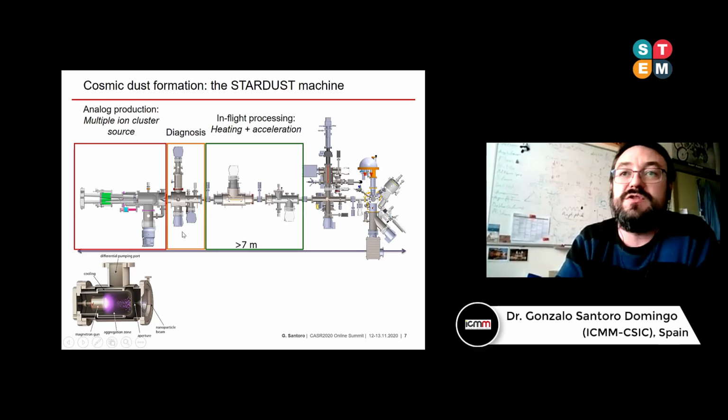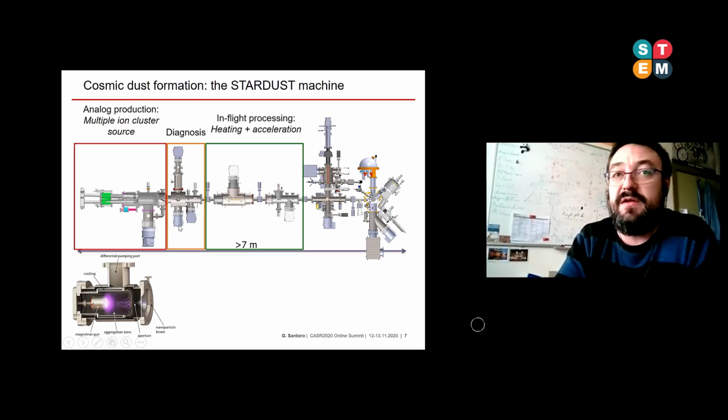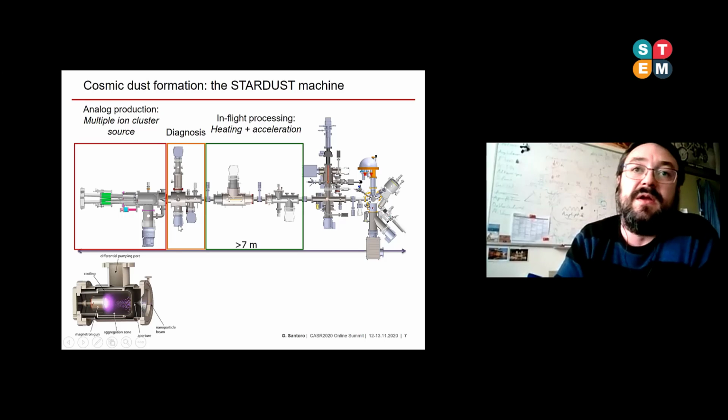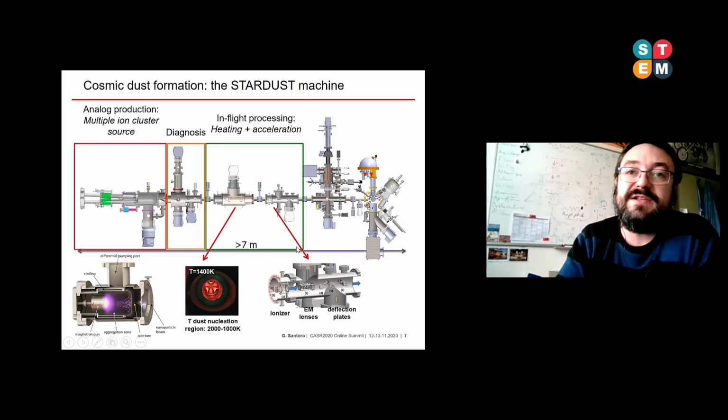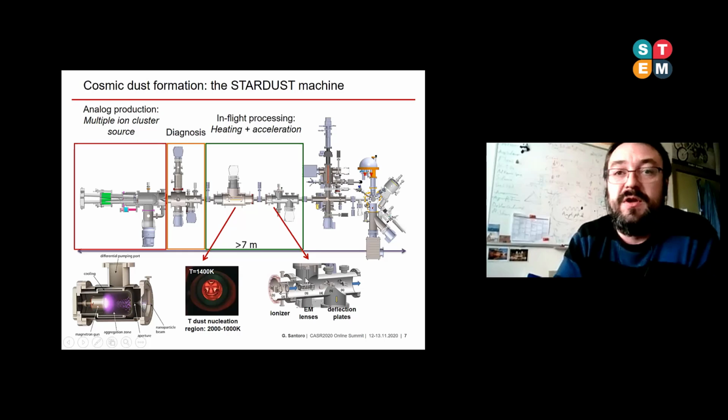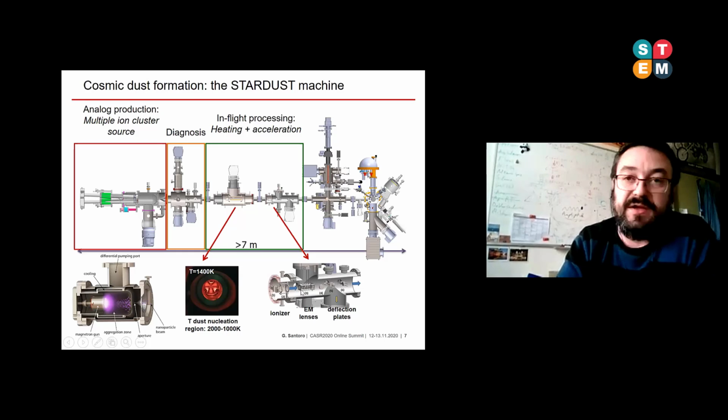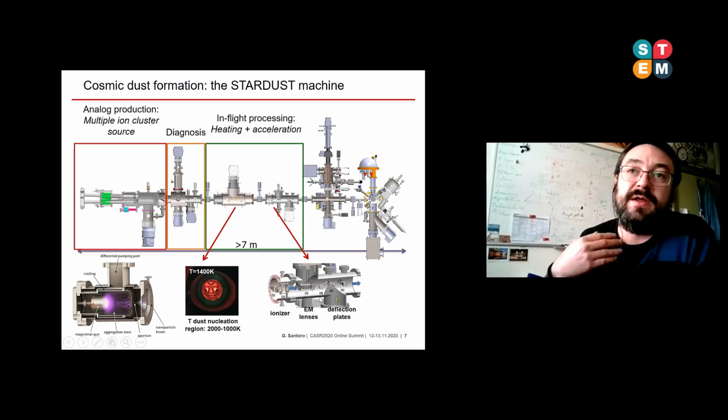Afterwards we can process this material in flight. Basically, we can heat it up to temperatures close to those in the dust nucleation region of AGBs, and we can also accelerate the flying analogs by means of electromagnetic lenses and so on to simulate the radiation pressure that